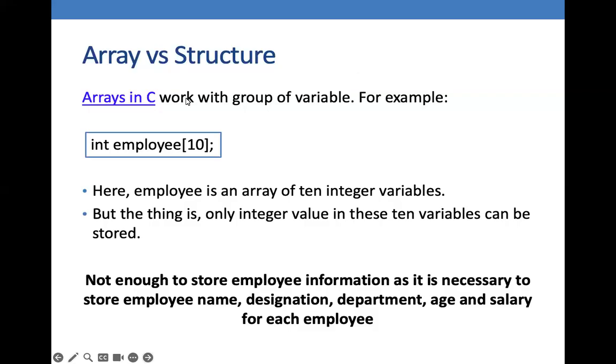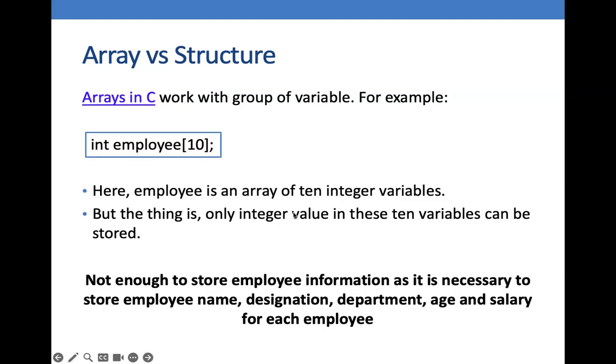So hi everyone, in this video I am going to discuss arrays and structures. Arrays in C work with a group of variables. For example, we declare an array employee of type int with 10 members. So here employee is an array of 10 integer variables, but the thing is only integer values in these 10